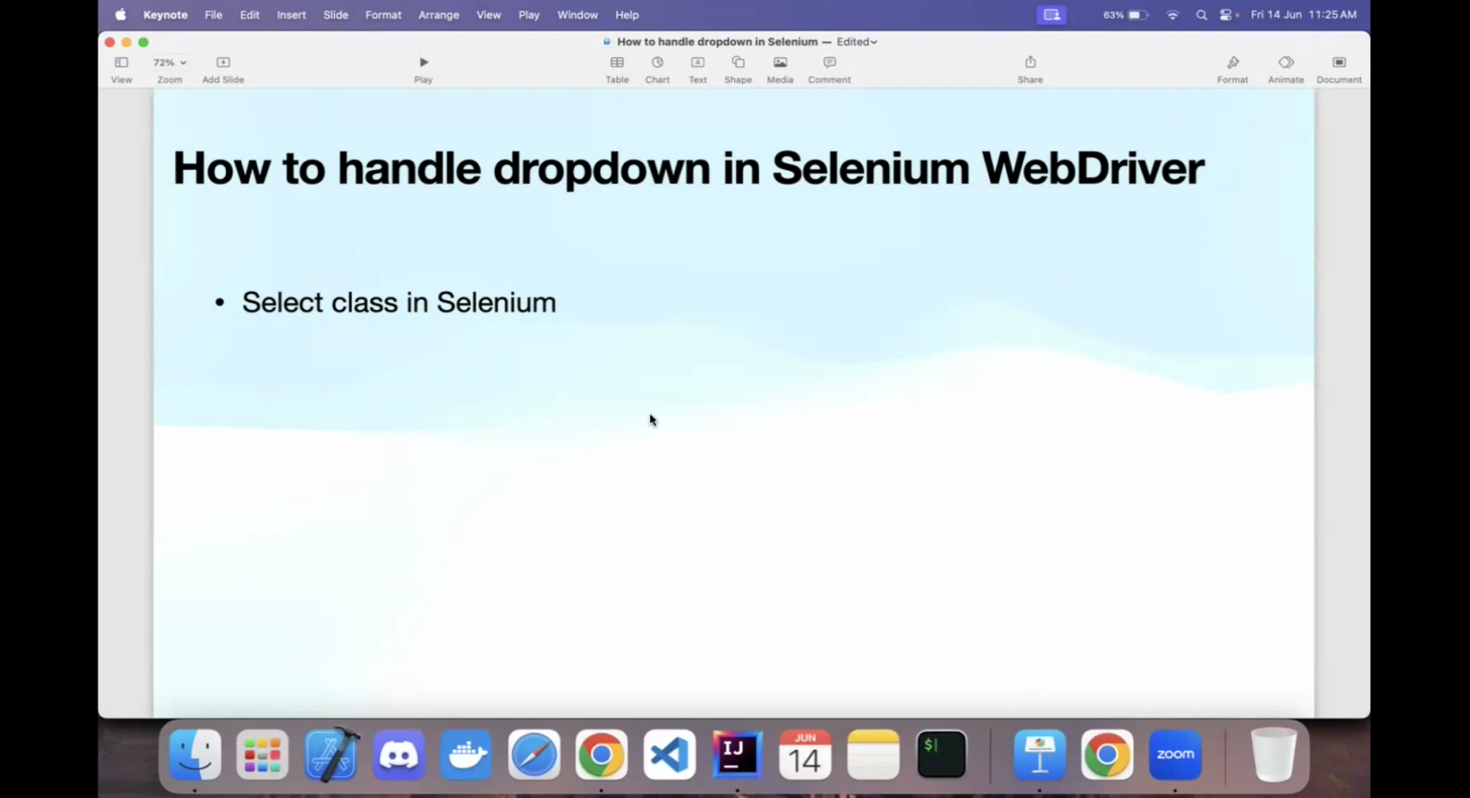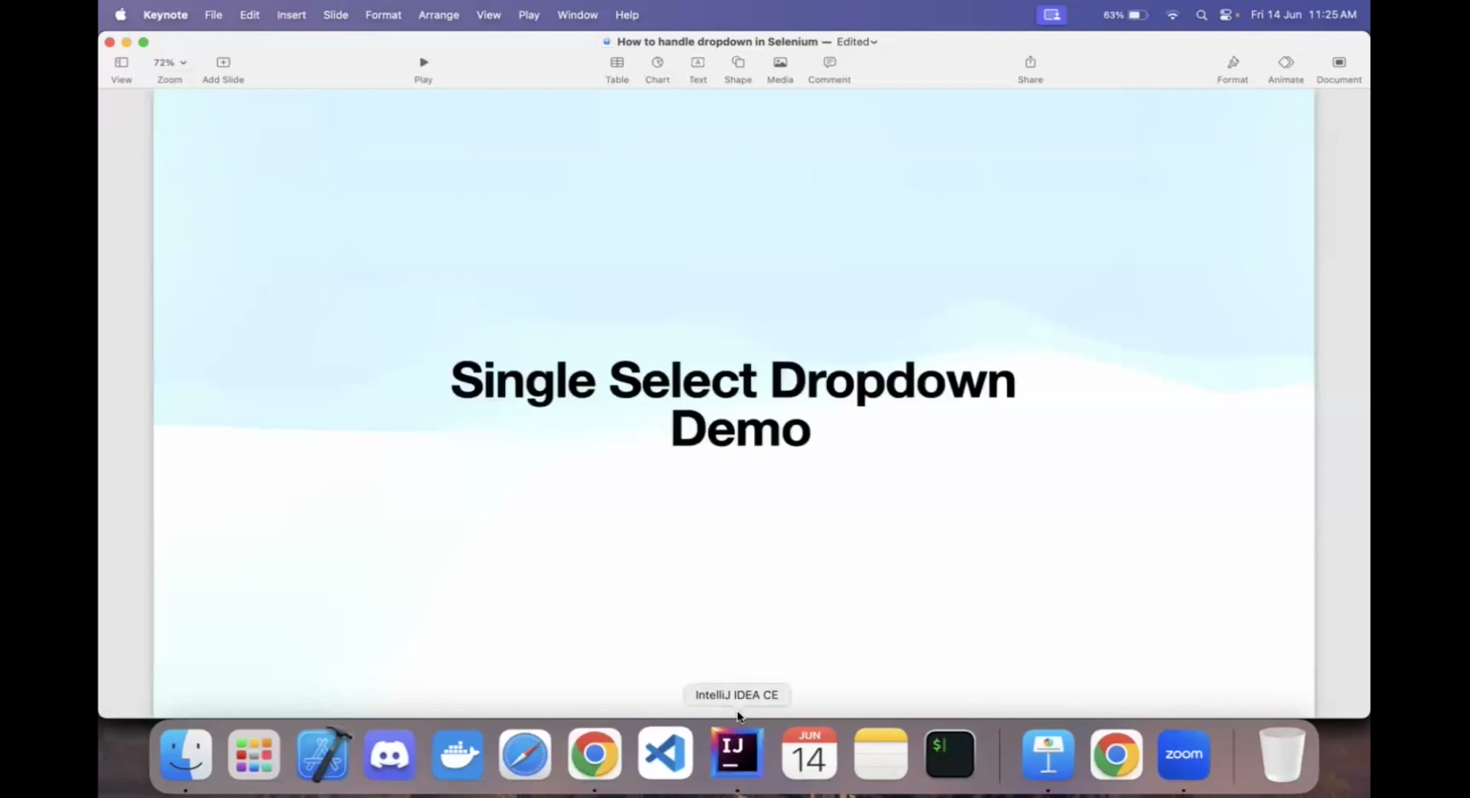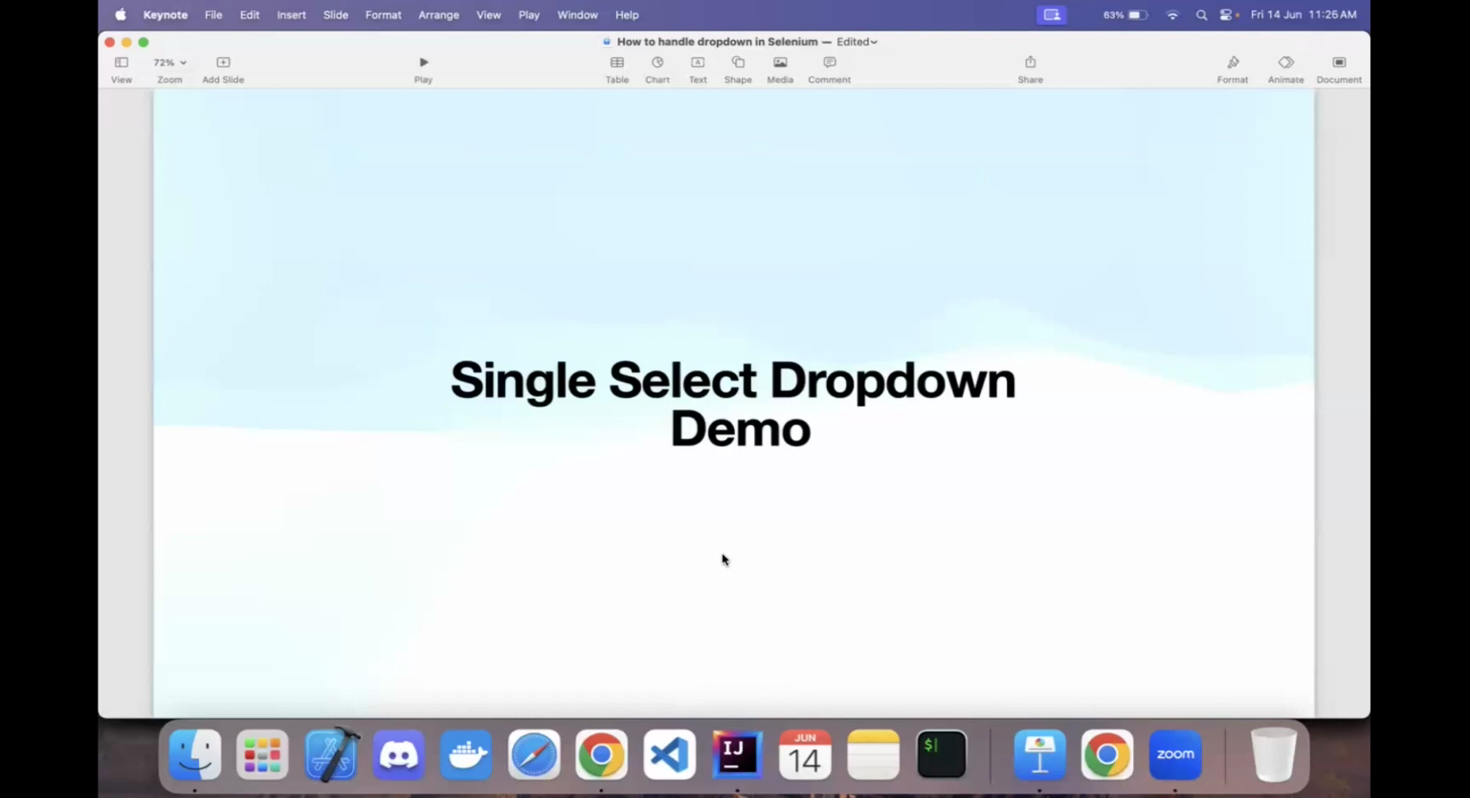When we write the code, I'll show you the package name as well as the names of the interfaces that are being implemented by the Select class. The Select class can be used by instantiating the class and passing the web element as a constructor parameter to create an object. Let's quickly move into the demo and check out how we perform the automation for